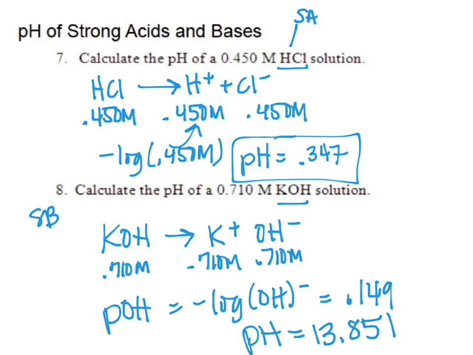Any questions on pHs of strong acids or strong bases? Since it completely ionizes or dissociates, that means that the concentration of the acid or base is equal to the concentration of the H plus or the OH minus. All right, so your homework tonight is A,